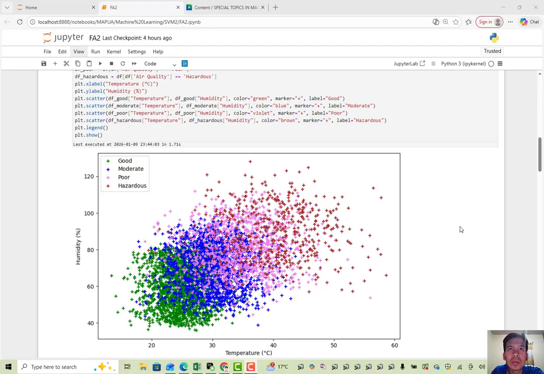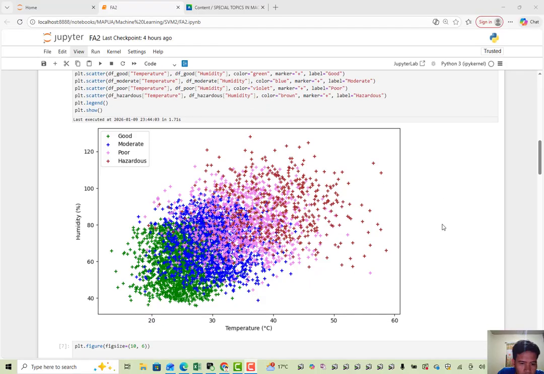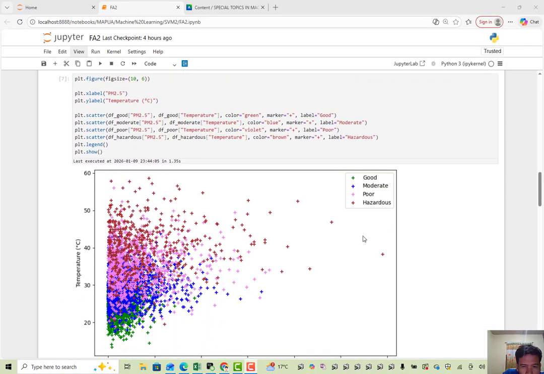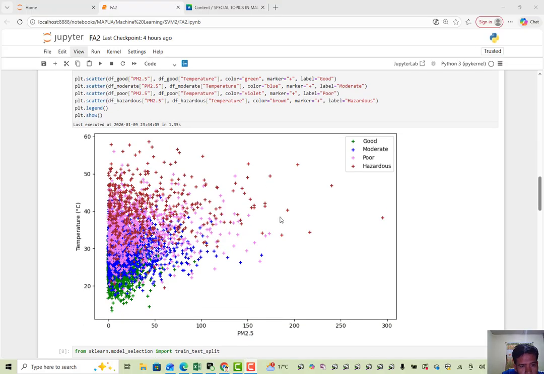I plotted good data points, moderate data points, poor data points, and hazardous data points, and displayed a legend with their corresponding colors. For the next part, it is the same process, but using a different feature.